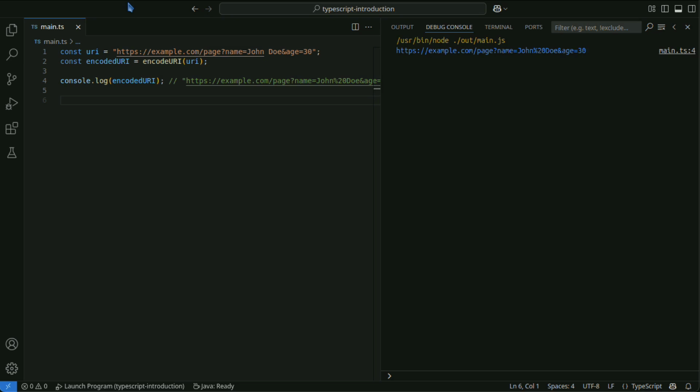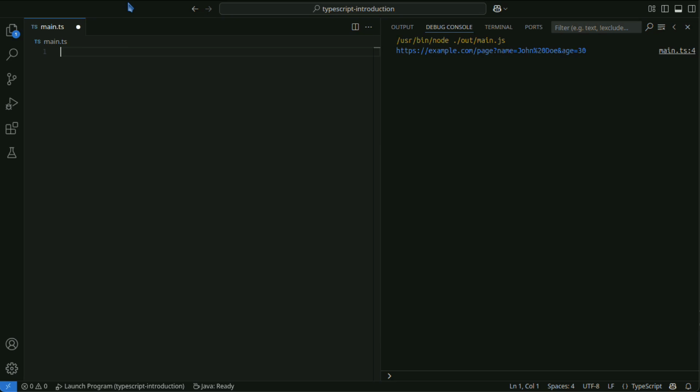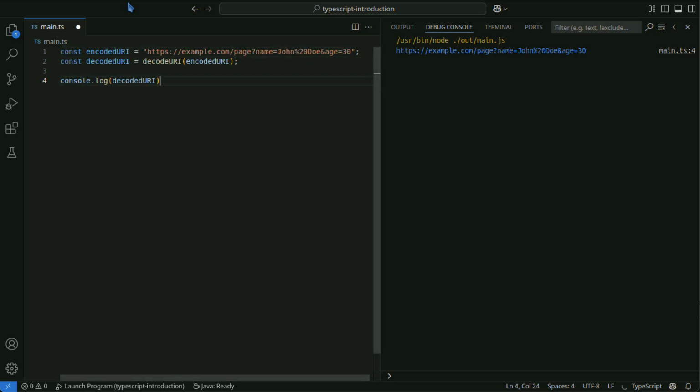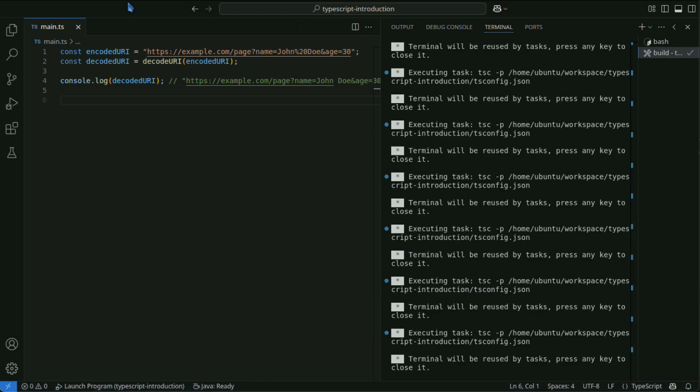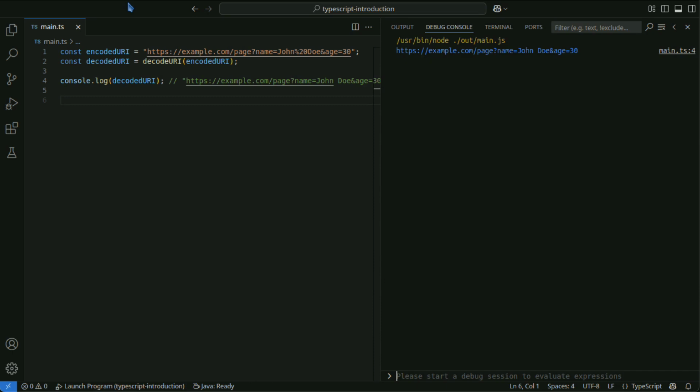The decodeURI function decodes an encoded URL back to its original format. This example decodes an encoded URL string back to the original URL.